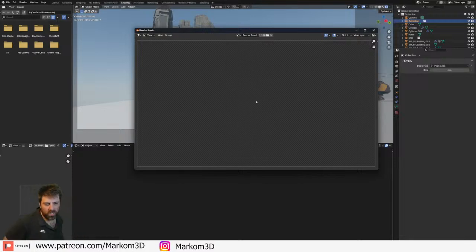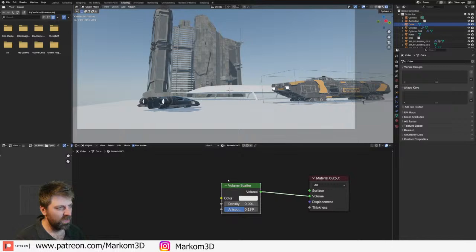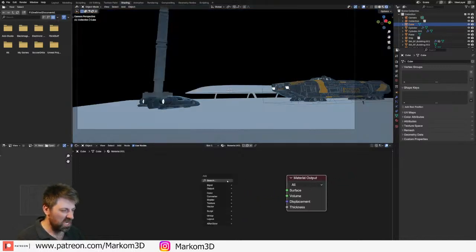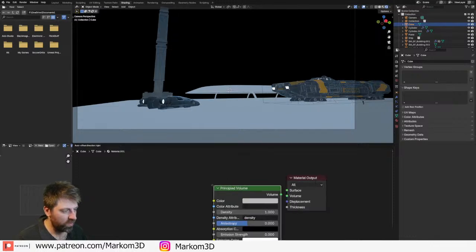Why not use the emission into the volume? You reckon? I don't know. Using an emission, we would need volume, principled volume.